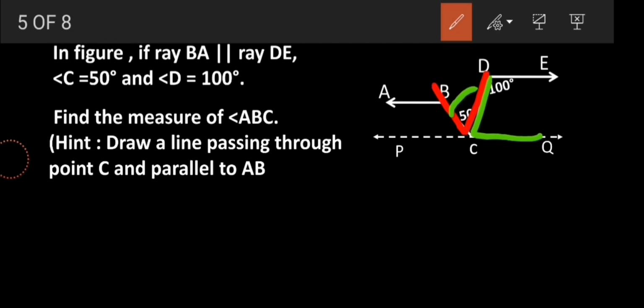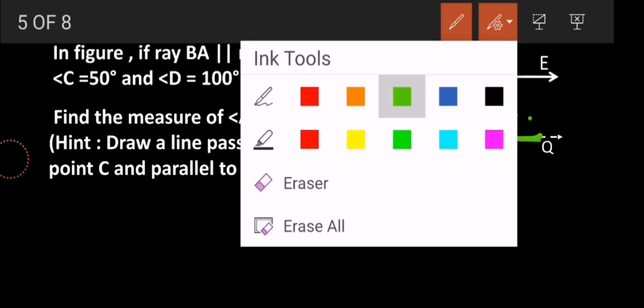That means one section is already given to me, that is 50 degree. If I am able to figure out what is the answer of this part, then ultimately by adding these two I can find out BCQ fully, correct? So my action plan is clear. I got 2 to 3 clues to move ahead, so let's put them in action first and then we'll see what can be done ahead, right?